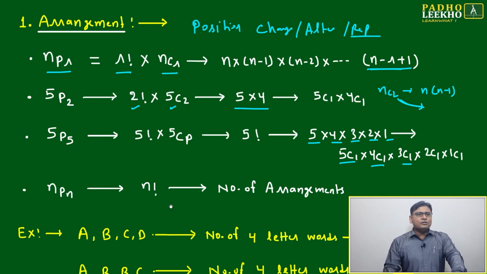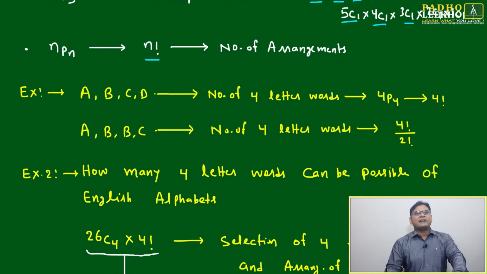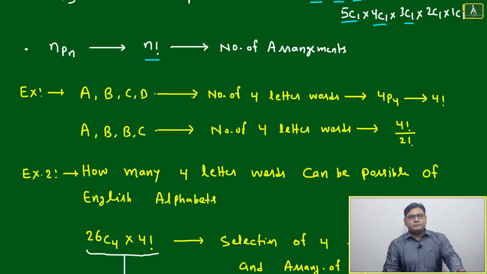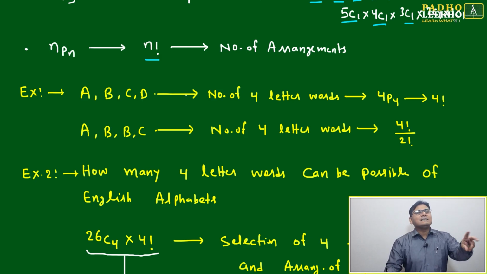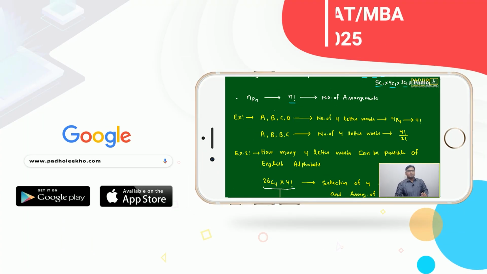Then we'll go further to the next understanding, like nPn, you can say directly factorial n, number of arrangements. Means if you want to arrange any n objects, then we can say it is nPn. The meaning will be that all the objects you are selecting one by one, means n into n minus 1 into n minus 2 into n minus 3 up to 1, means you can say it is factorial n, that will give you the total number of